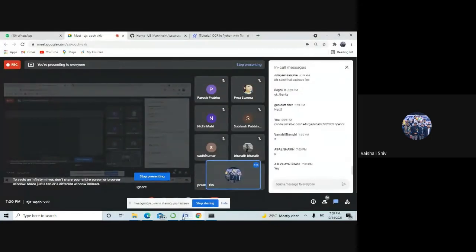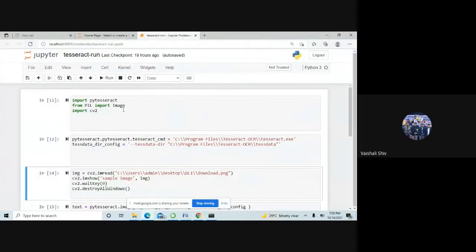See, within just a few lines of code, we can easily extract the text. We will be importing PyTesseract, and we will be using PIL import Image. Pillow maintains some libraries for images. And you have to import CV2. Clear?